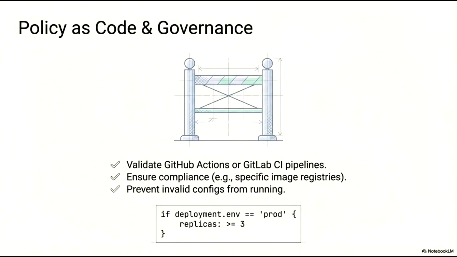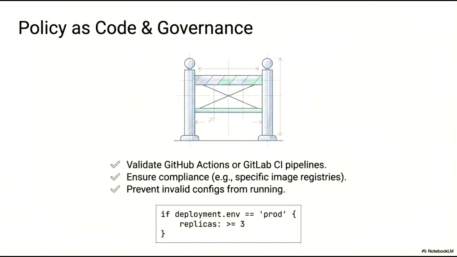configurations from being deployed. As shown in the code snippet, we can define precise logic, for example, requiring a minimum of 3 replicas for any production environment. This programmatic approach eliminates manual oversight, reduces risk, and ensures that our governance standards are consistently applied throughout the software